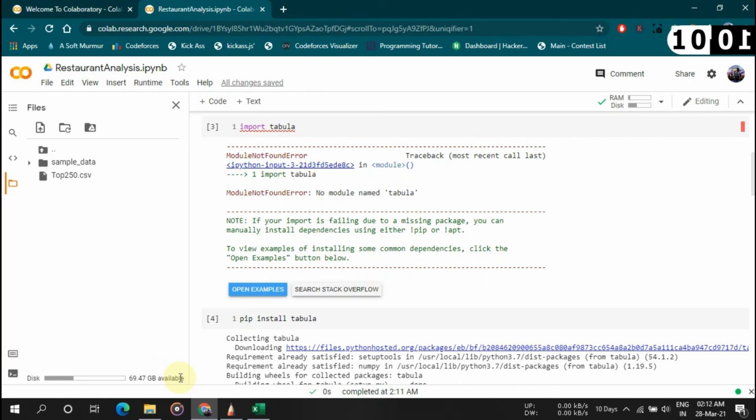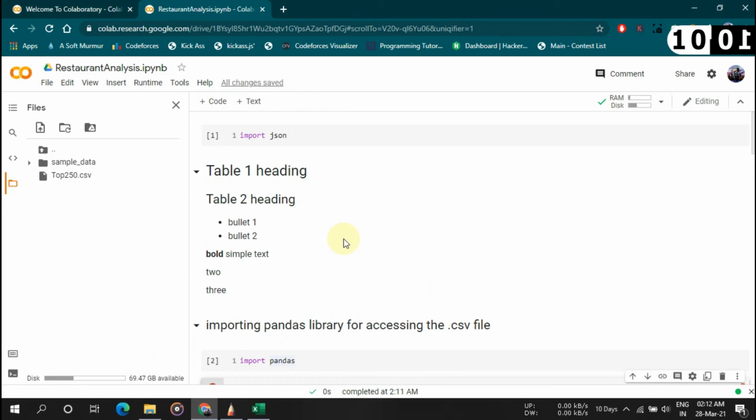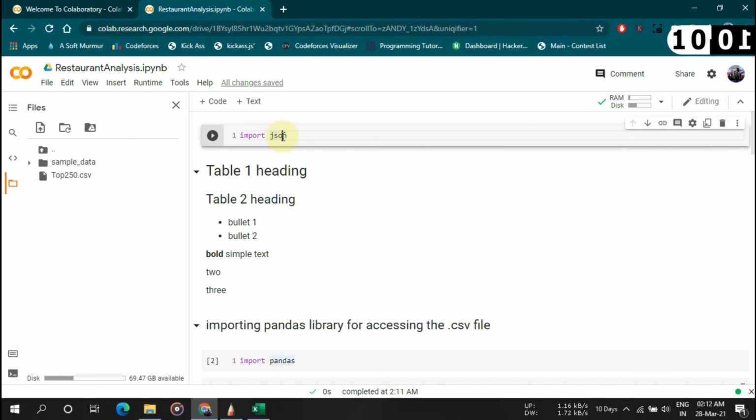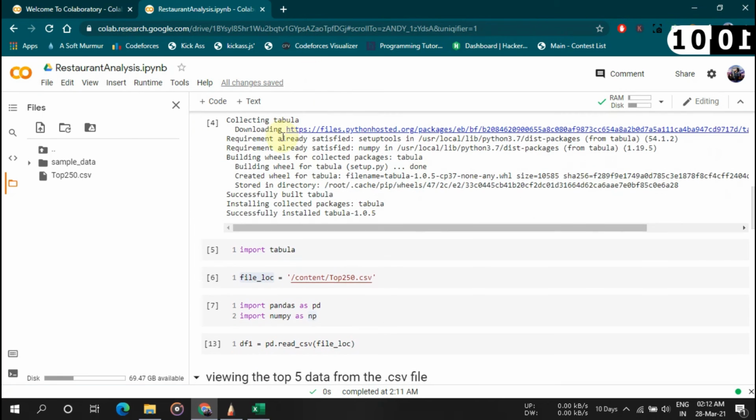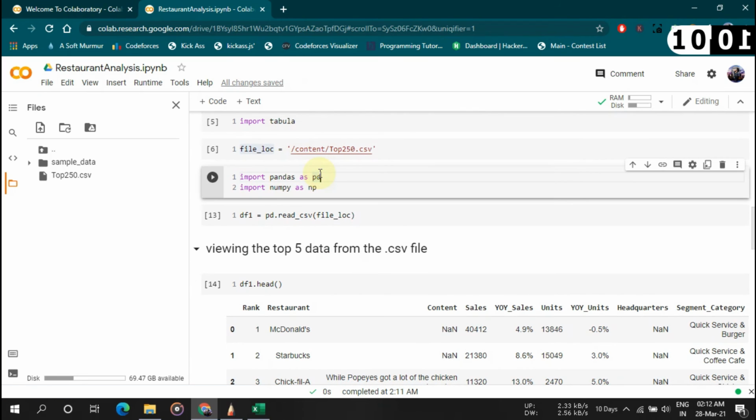Mostly I use it for checking my errors. If I work on projects, I first test here. I import the data which I need, and if I am successfully getting the data from Google Colab, then I just copy the code and paste it in my file, in the project I am already working on.